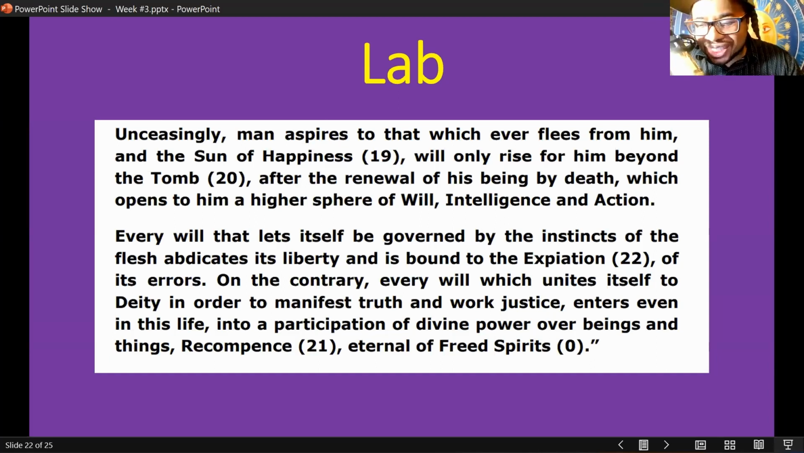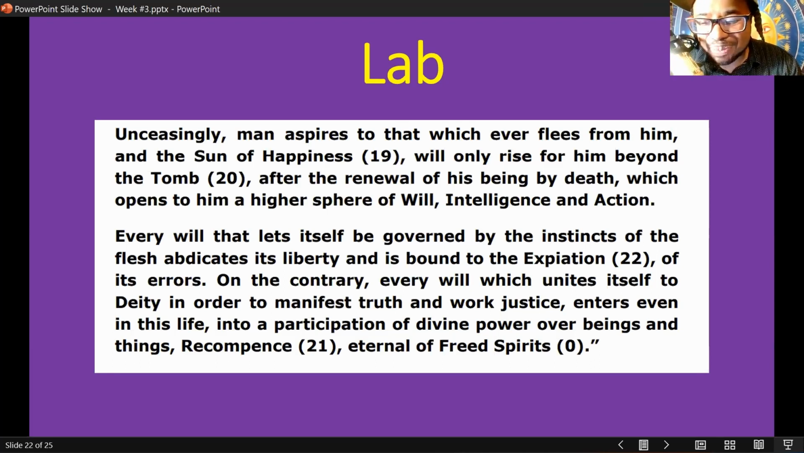That's the difference between 22 and 0. 22 is the letter T with the point going downwards to the earth, meaning that you're stuck there in its errors. On the contrary, every will which unites itself with deity in order to manifest truth and work justice enters, even in this life, not just when he dies, into participation of divine power over beings and things, recompense. Number 21, the adept,